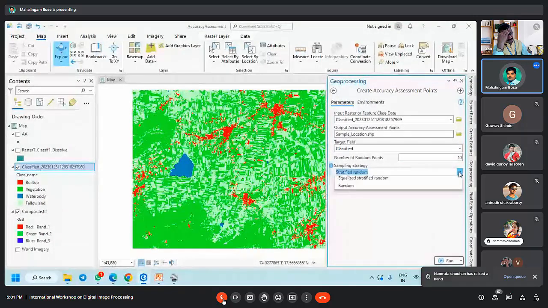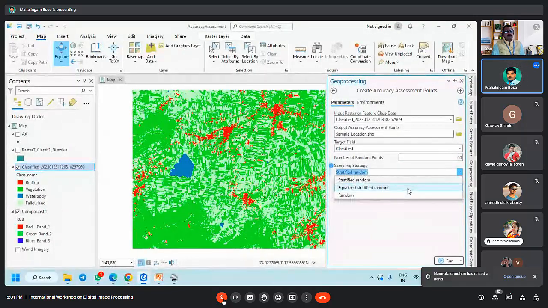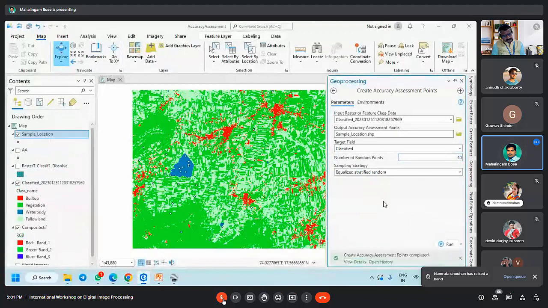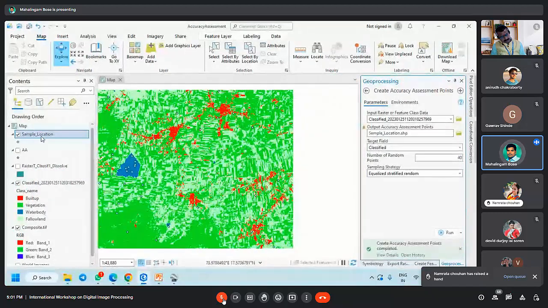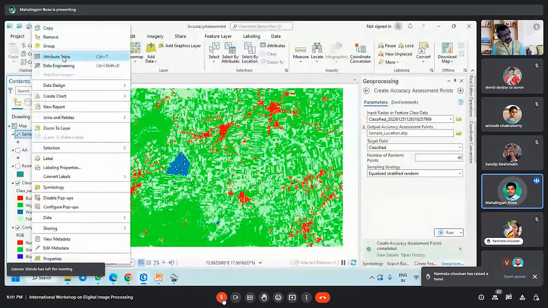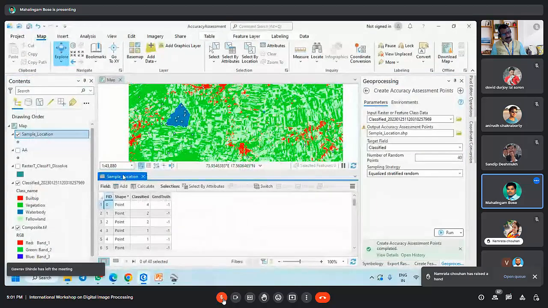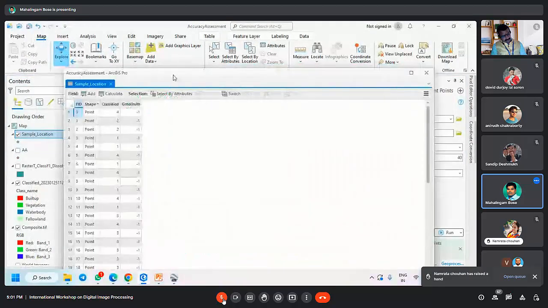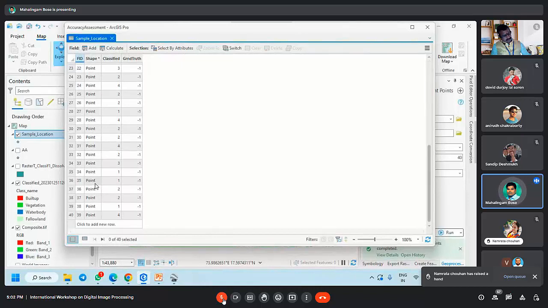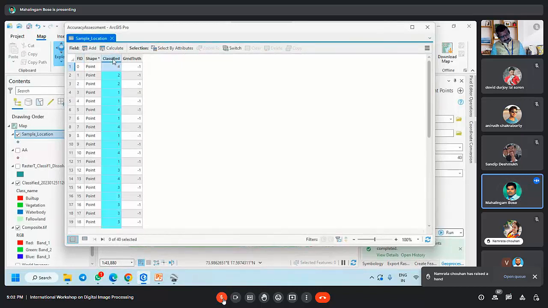So I go with equalized stratified random. I give the total number of random points as 40. I say run it. Here you can see the file name, sample location, and I go to the attribute table. In total we have 40 pixel points here, and if I make it ascending,